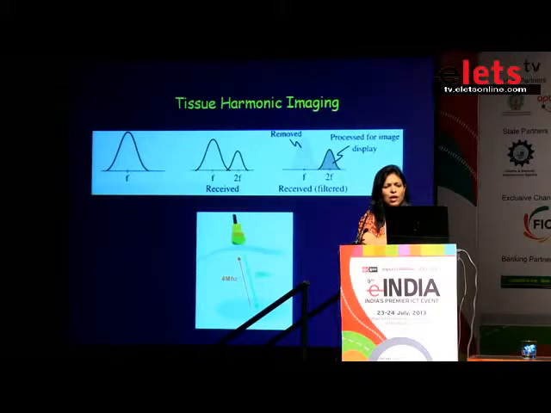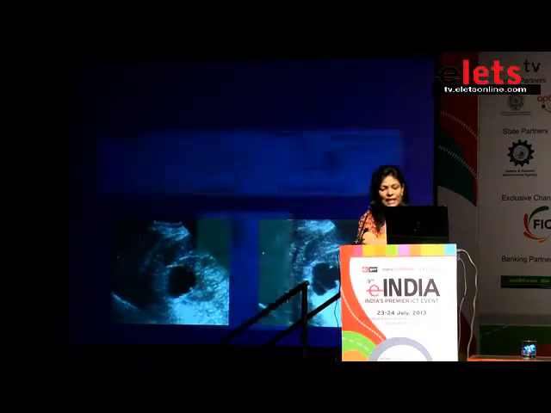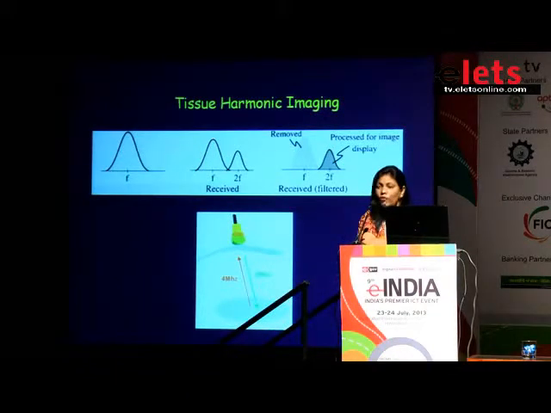Coming to the ultrasound, one important thing that we normally use in clinical practice is tissue harmonic imaging. It's a technology wherein, whatever ultrasound is coming back from the patient, initially we used the entire ultrasound to form the image. But now with the introduction of tissue harmonic imaging, we only use the second harmonic to form the image. Now why do we do that?